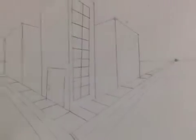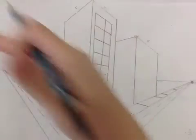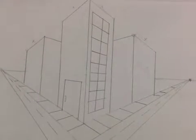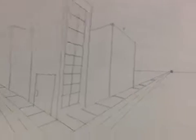Alright, hi everybody. So I'm going to be teaching you guys how to do a 2-point perspective cityscape. If you weren't here in class, this is what we did today. So if you're gone or on independent study or were absent, whatever, now you guys can have a step-by-step video